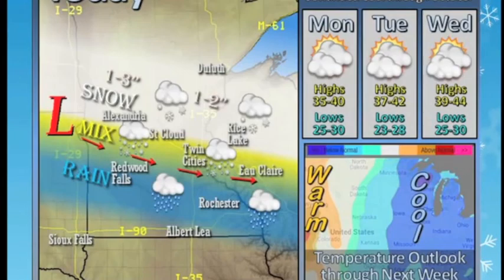On Sunday, we had accumulating snow in the northern part of our CWA, a mix right through the Twin Cities, and then rain to the south. We've recently been learning on our own PowerPoint's ability to create an overlaid image here, and this is just kind of nice. We could show the different colors of what to expect. So people looking at this can get a good idea of what they could have expected Sunday. And I really liked how we showed that simply, that snow mixing into the rain.